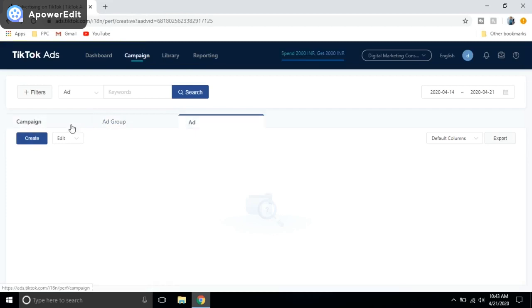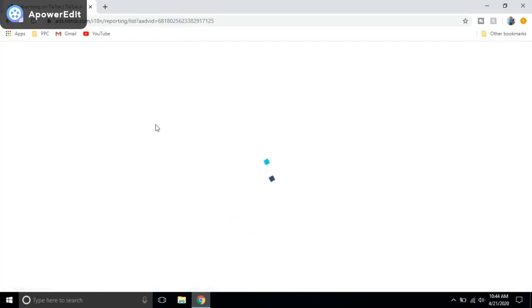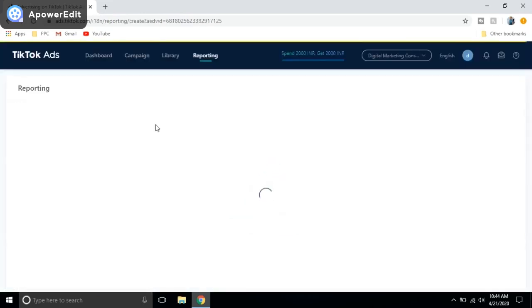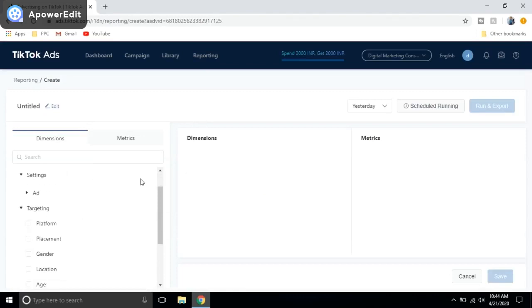You might be familiar with the Google Ads campaign, so you can easily navigate through the TikTok accounts as well. Now library, event, creative, audience, reporting, where we can see and download our reports and data which we can share further with our clients. Here are the other settings like language, interest. It is very easy to use.